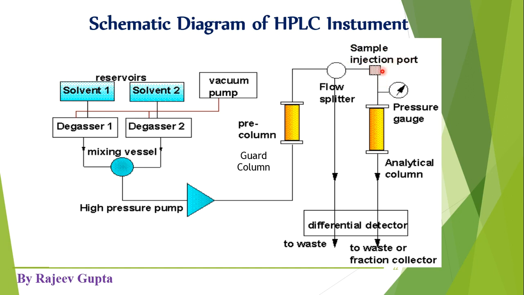As we inject our sample, it mixes with this flowing mobile phase stream and goes inside our analytical column. This analytical column separates all the sample components based on their affinity towards the stationary phase, and these sample components move to the detector one by one according to their retention time, and this detector detects accordingly. After that,